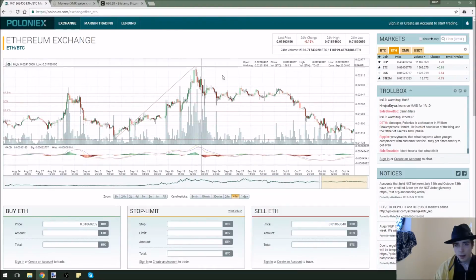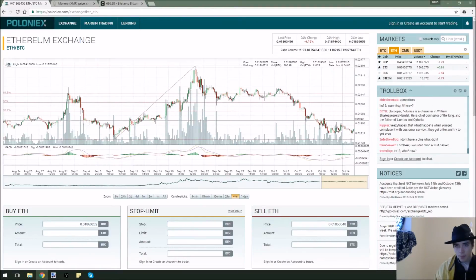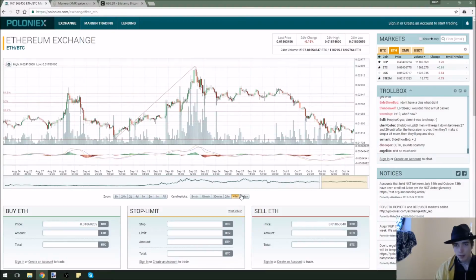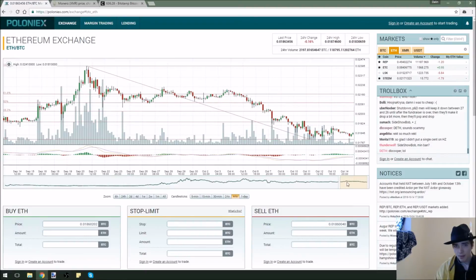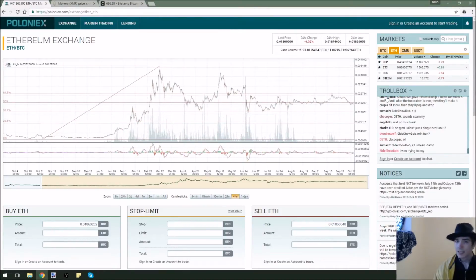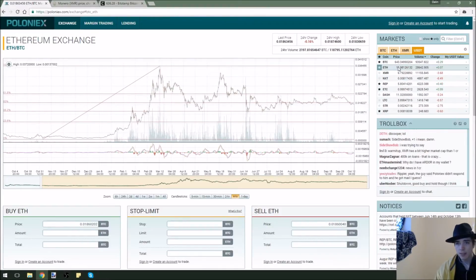Just this huge run up, come back down to test these levels, and we see that it has a lot of up push right here. Last time it hit this level, it just went and mooned clear up to here. So we see a lot of up push right here on Ethereum, and I feel like it's going to continue uptrending. Now, whether it will continue uptrending against Bitcoin on here, maybe. I mean, obviously it will keep some leverage, but not near as much leverage as it's going to uptrend